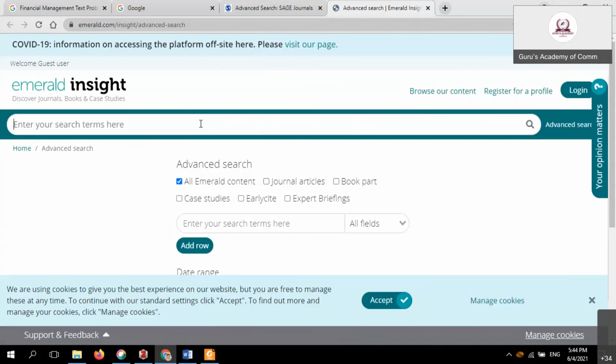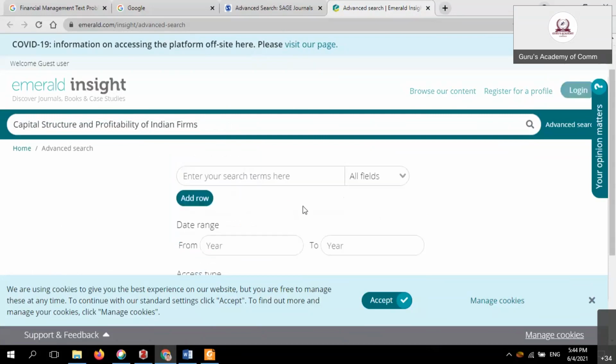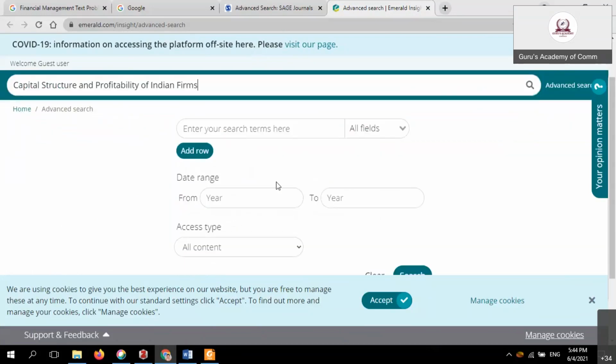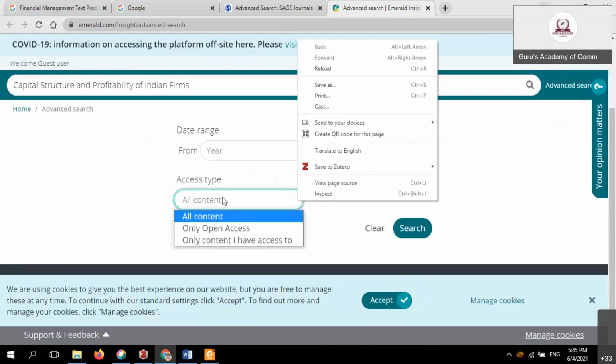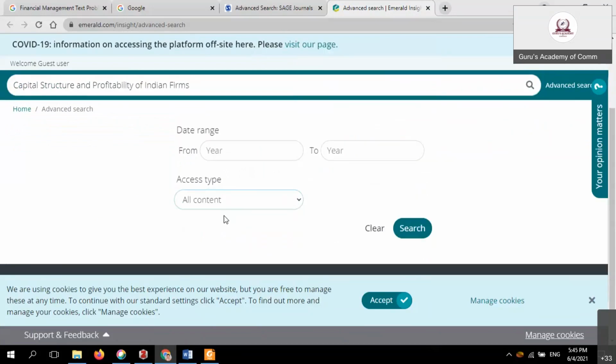Now make it clear in the simple search item. Give the search item, and also choose what you want to search: all content types, only the content I have access to. Simply provide this so that you can easily get the PDF document directly downloaded from Zotero.